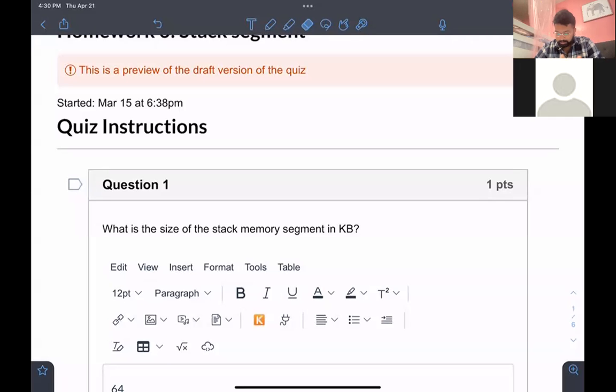Okay, so for homework six, problem one, the question is, what is the size of a stack memory segment in kilobytes? This question has nothing technical about it. It's just reading a book and memorizing stuff. But in order to get that answer, what we can do is